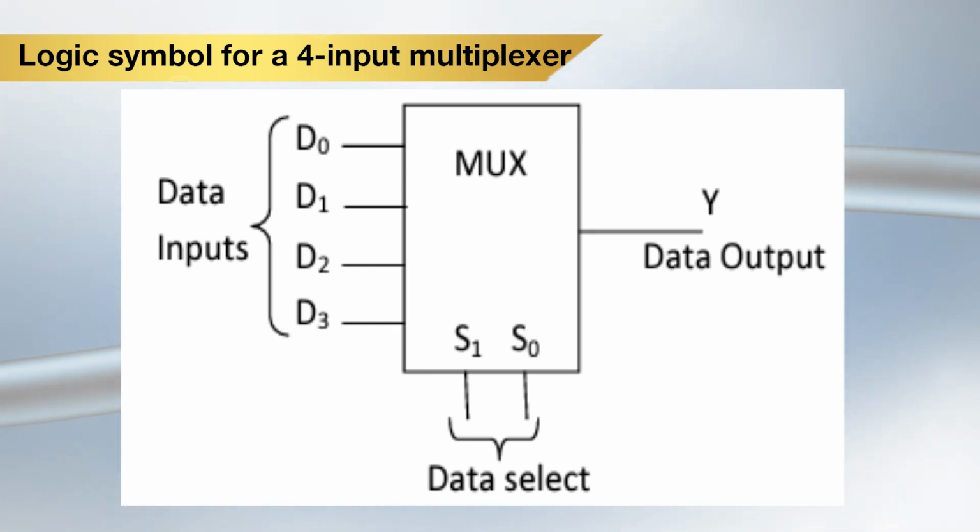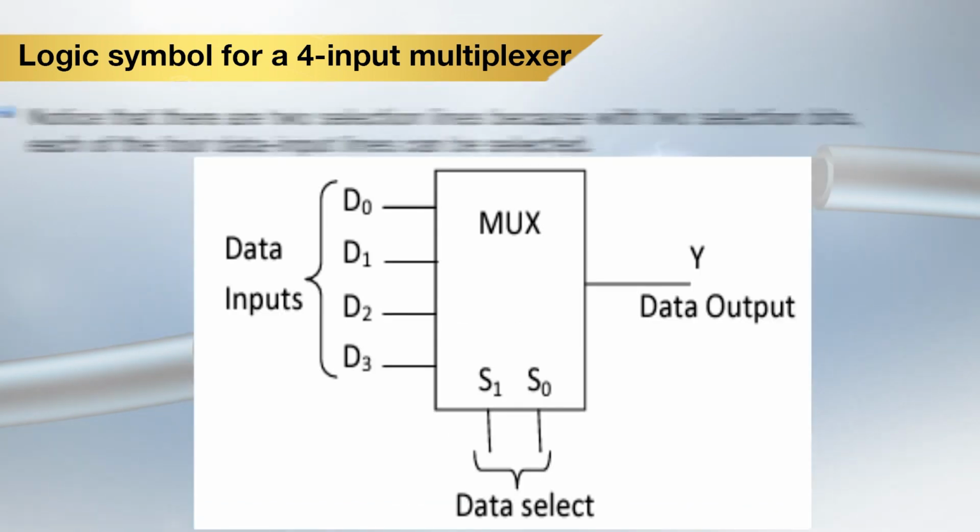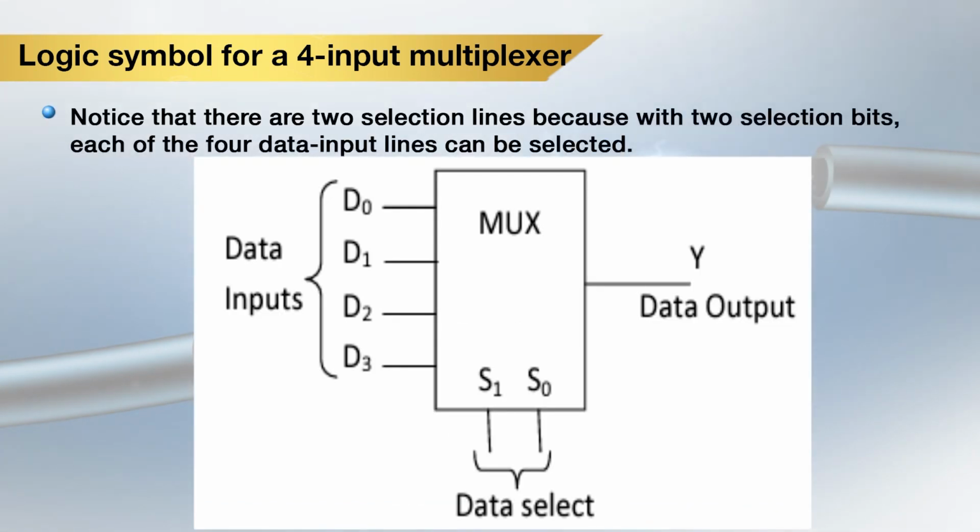Notice there are 2 selection lines, because with 2 selection bits each of the 4 data input lines can be selected. See, 2 selection lines will generate 4 combinations, and their combination will decide which data is to be